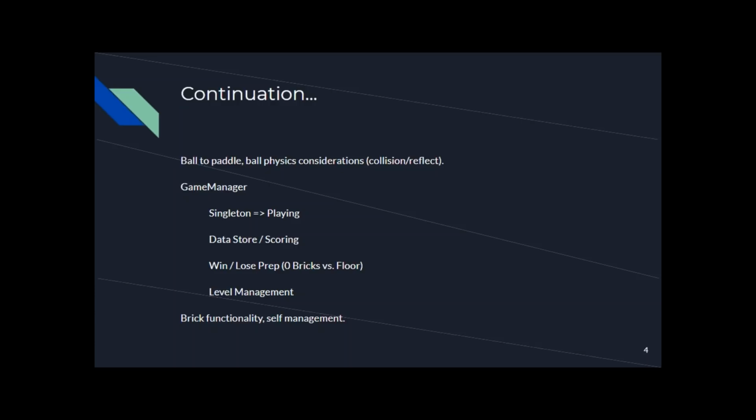Well, when you start working inside that script, the lowercase g gameObject represents that instance out there in your scene. So we'll take a look at some of that as it relates to the bricks as well as to the game manager itself. Okay,